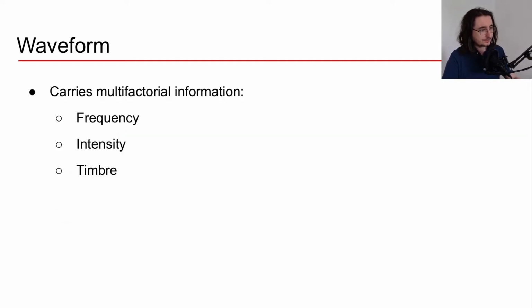Okay, so now a waveform is great because it provides us with an array of different information. It's not just about frequency information, but also about intensity, timbre, other types of temporal information, duration. For example, if we have a complex waveform for a piece of music, we can identify onsets and the duration of the notes and all of these kinds of cues. And it's kind of mesmerizing that all of that comes from a very simple graph, a 2D graph.